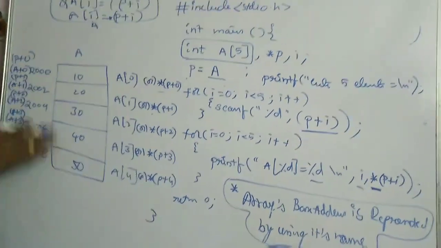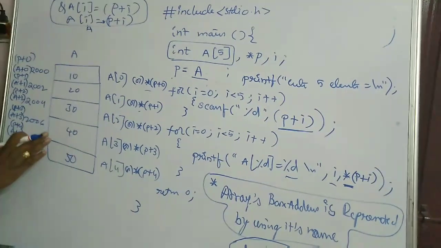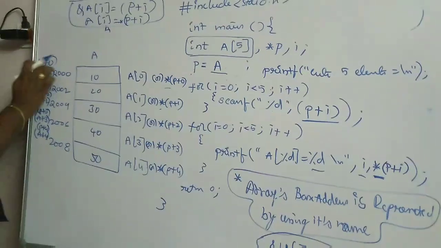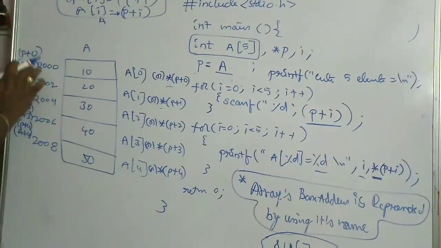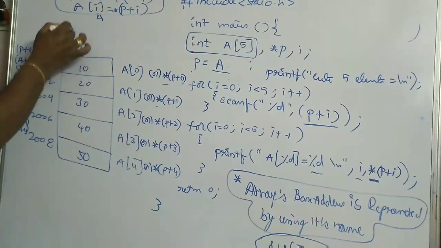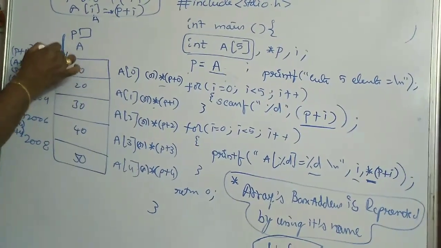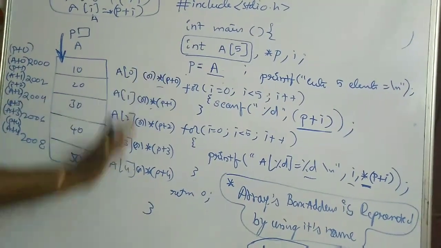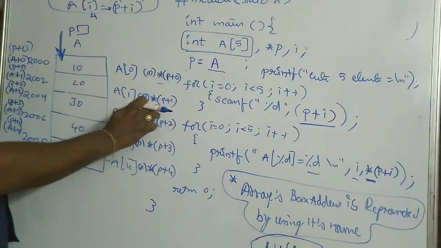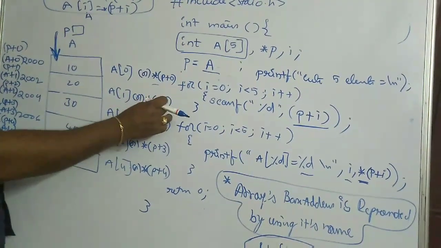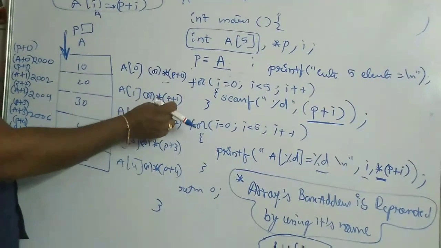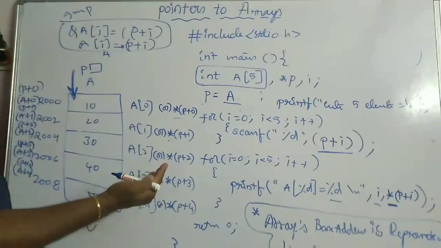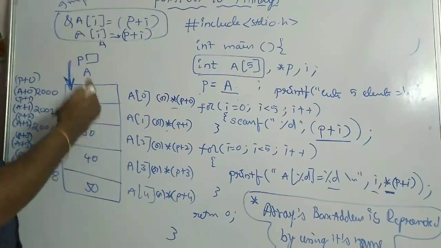Okay, so with this we can come to a conclusion. Here I am adding another point to this, P plus 0, P plus 1. If my pointer P is pointing to the first element, its value can be accessed as star of P plus 0. The next element value can be accessed as star of P plus 1. That means I am just adding 1 to my pointer. Okay, friends, this can be called as you are accessing a pointer P to the next element.